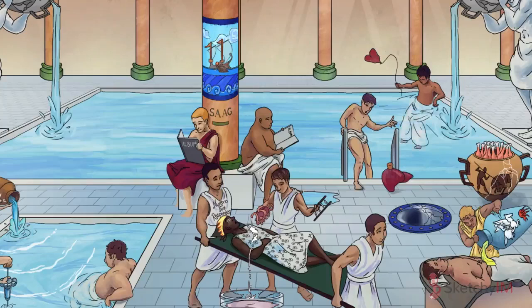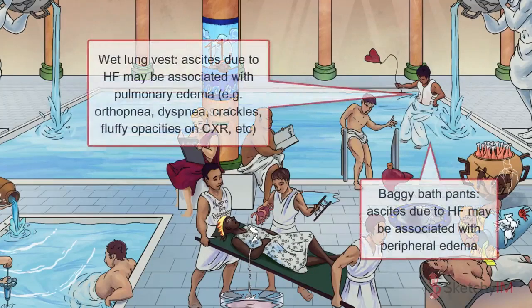Next up, heart failure. Assess for the typical clinical manifestations. Remember, ascites in this case is being caused by fluid overload. If heart failure also involves the right heart, hepatic congestion factors in as well. Signs of heart failure include peripheral edema, as well as pulmonary edema, which presents with orthopnea, dyspnea, crackles on exam,